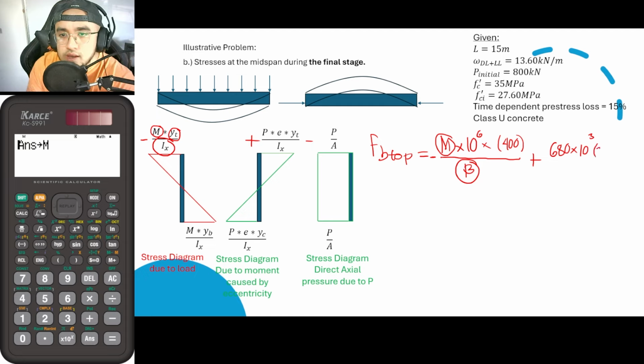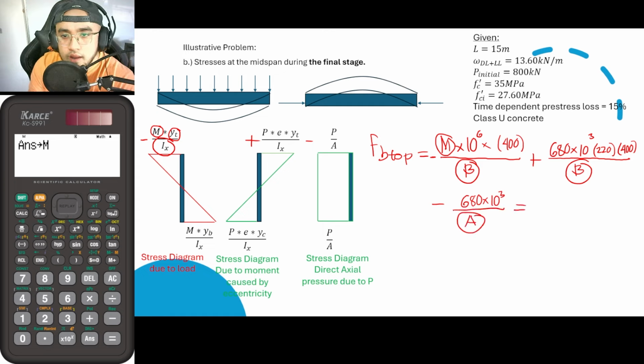Times E. E is 220. It did not change since it is constant eccentricity. Times YT once again of 400. So this would be divided by Ix of alpha B, minus P, that is 680 times 10 raised to 3 divided by